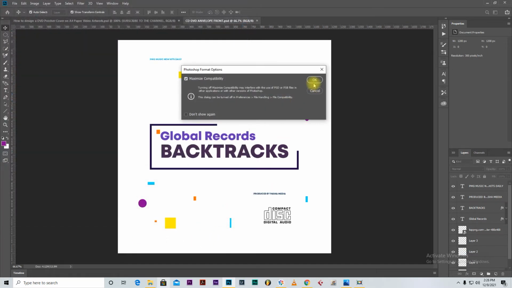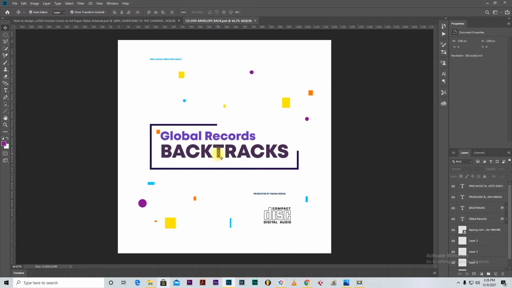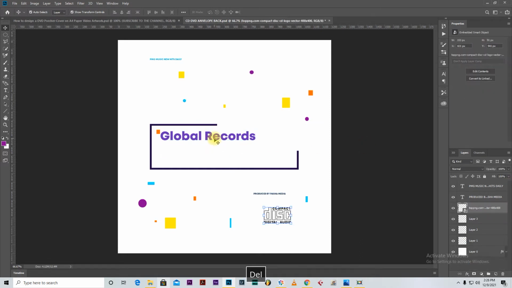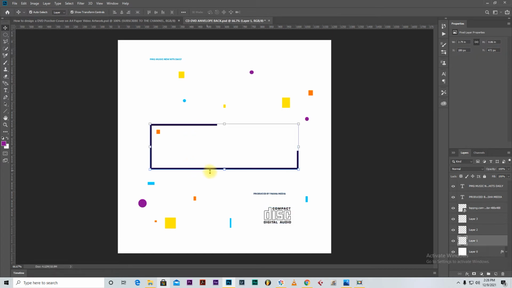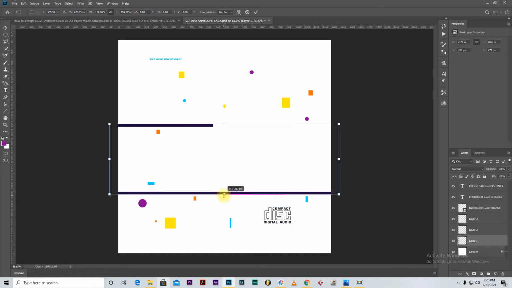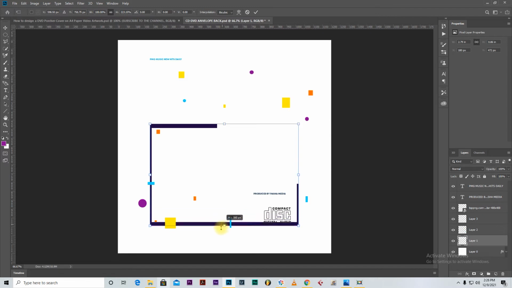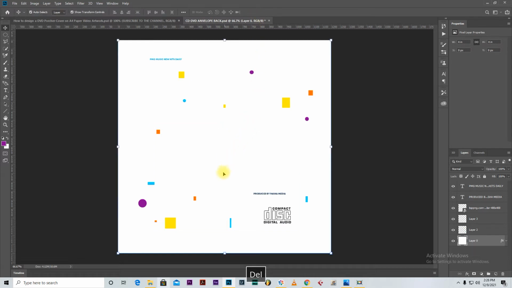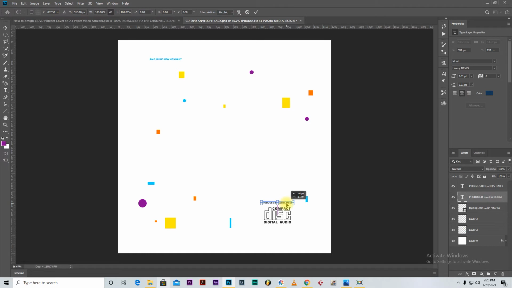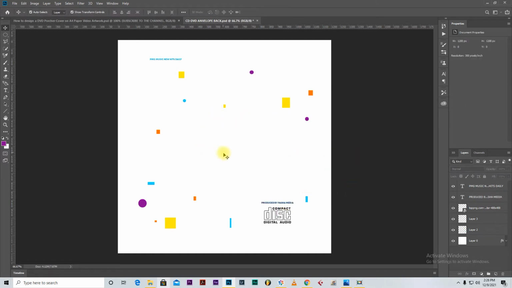Okay, so a lot of information goes in the back because that's where you can put now your track list. That means I need to take out this and this. And what I can do is maybe I can scale this down. But no, we can always recreate that at a later stage. And this stays there. Maybe this one can come closer to that. And then here we have got now a place where we can write the tracks that are inside of the